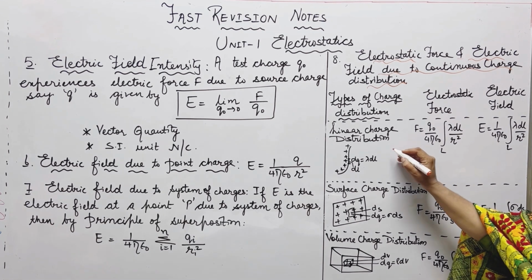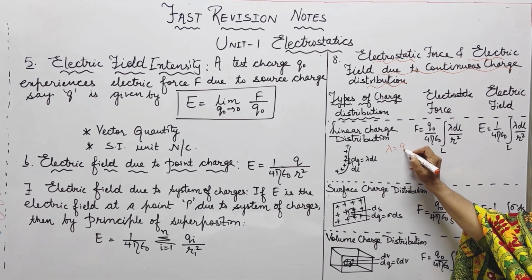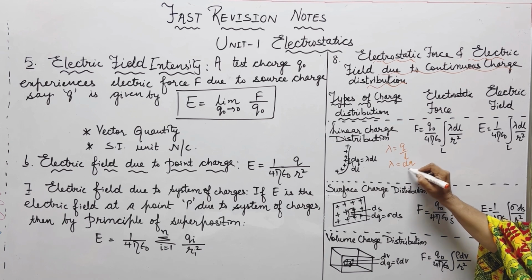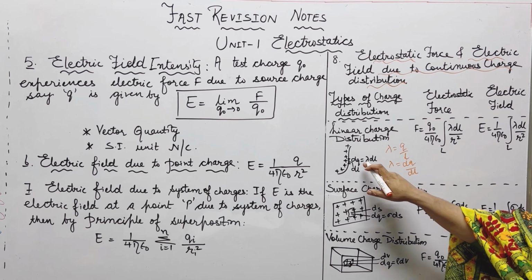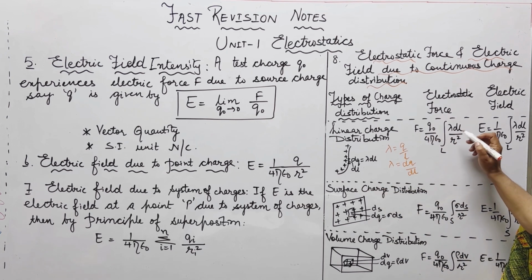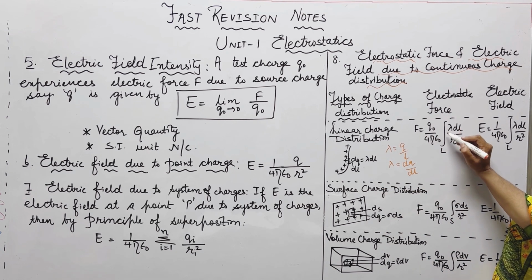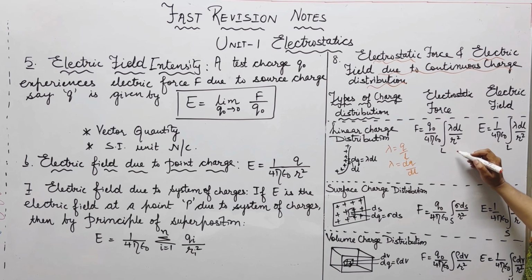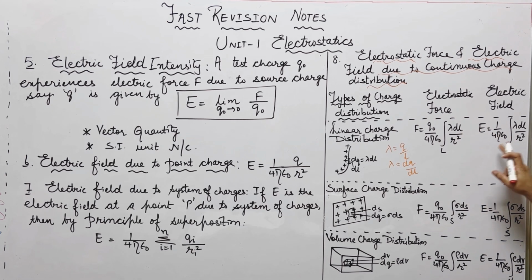Here the linear charge density lambda is equal to q by l, or lambda is also equal to dq by dl. From here we have dq is equal to lambda dl. So in place of the charge we will put lambda dl and summation for the whole length. We will get the total force. And in case of electric field, we will get that this is summation from L lambda dl by r square,